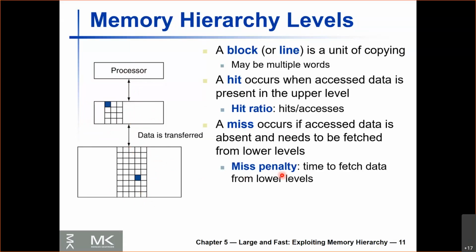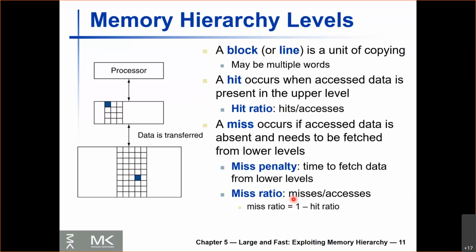Okay. The miss ratio is the percentage of accesses that miss, right? And obviously, since we already have a hit ratio, what is the relationship between the miss ratio and the hit ratio? So the miss ratio is going to be 1 minus the hit ratio, right? Because if 97% of my accesses hit, then 3% of them miss, okay? If 80% of my accesses hit, then 20% of them miss,